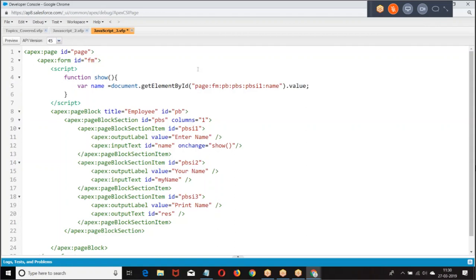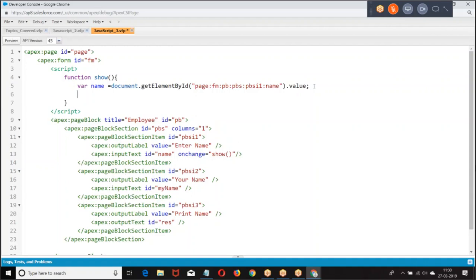In the page we have a form. In the form I have a page block section, in the page block section item. This value, where do you want to put it? Document.getElementById, page, form, page block section item 2, colon, dot value equal to.